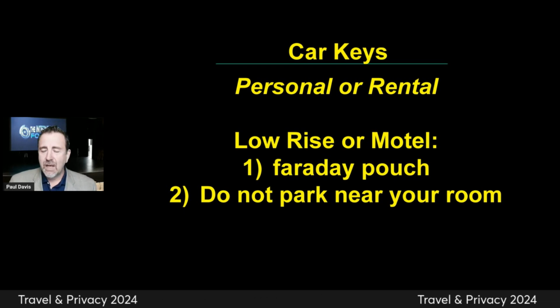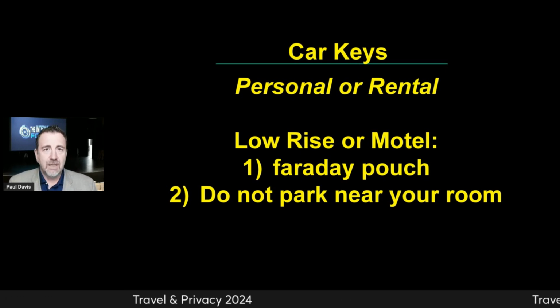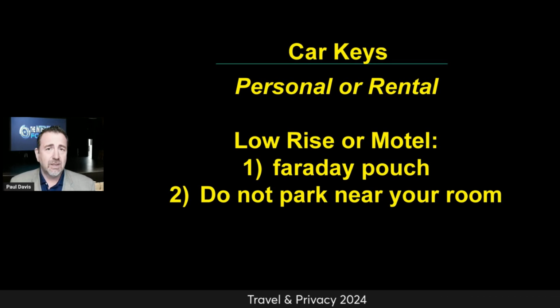But number two, if I did park it in front of my room directly, there's an easier chance, if I don't have a Faraday pouch, that someone could grab the signal and start my car. So number one, get the pouch. Number two,